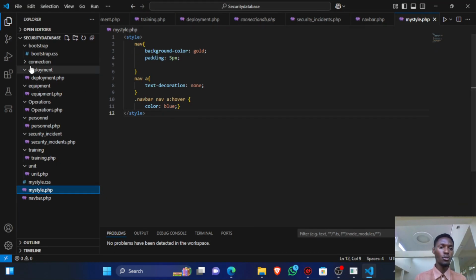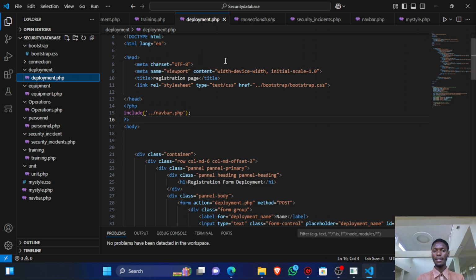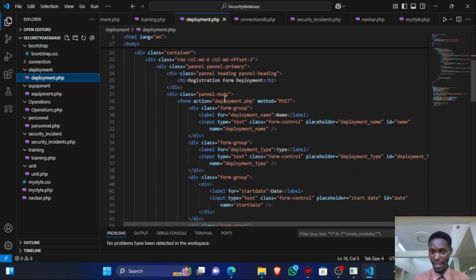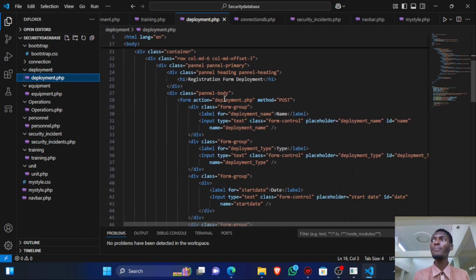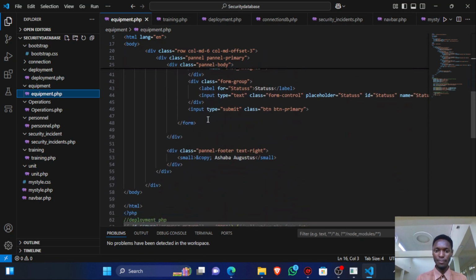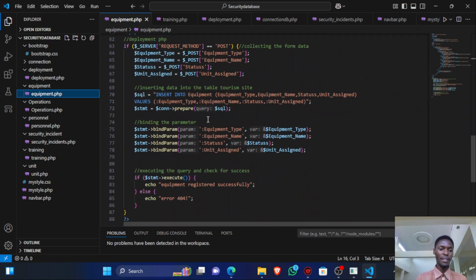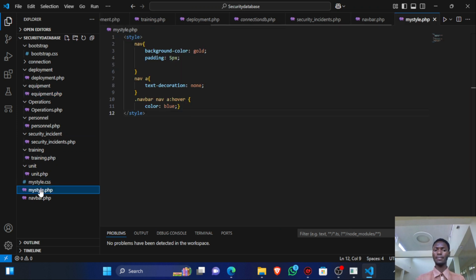I used Visual Studio Code, and this is my workspace where I'm having deployment. This is the code that will link you to the form that you're going to be filling, the form that a person can fill as long as he's interested in deployment. We have equipment. This is also a form. It is showing connection. Then these ones are parameters, as we're going to be seeing on the other side. And these are styles of my